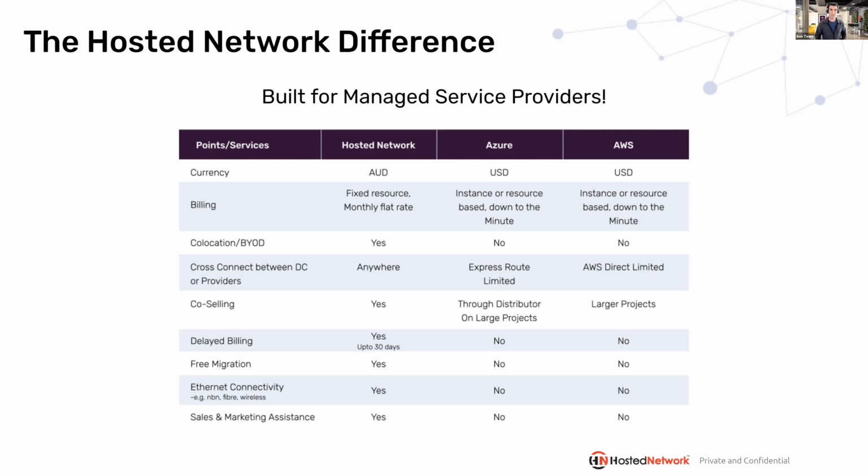The large cloud providers bill on an hourly basis. We bill at a fixed, predictable rate, so that way your clients can budget. They know exactly what they're going to be up for each month. It's a lot easier to sell as well, because it's very easy to calculate exactly what you are being charged for and what you actually need.